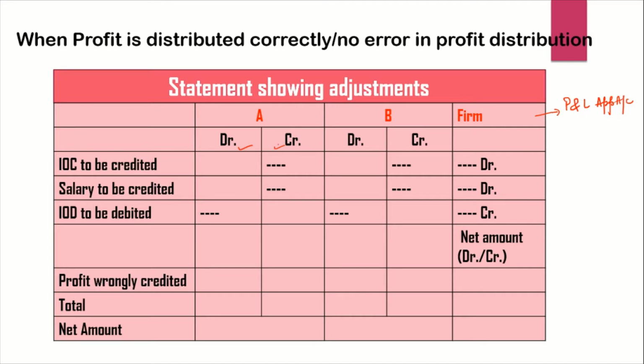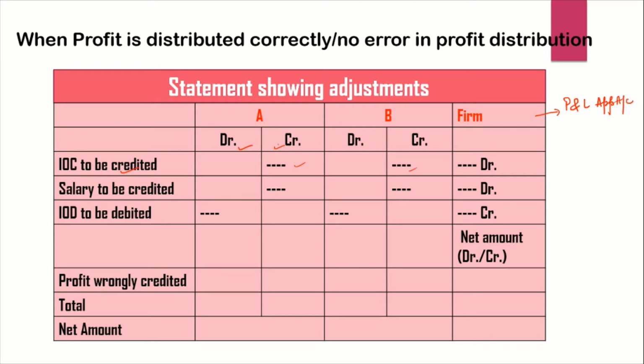Now, here the sequence we are going to write is the one which are missing. Suppose IOC, interest on capital, is not provided. So think of where it is shown in the capital account. Interest on capital is written on the credit side. So we are going to credit this. Remember one thing, as I explained earlier, that we are going to pass the journal entry with the help of the partners' capital account, so we'll see from that point of view only. So IOC, interest on capital, is credited. Once we calculate it, I will write the amount in the credit column.